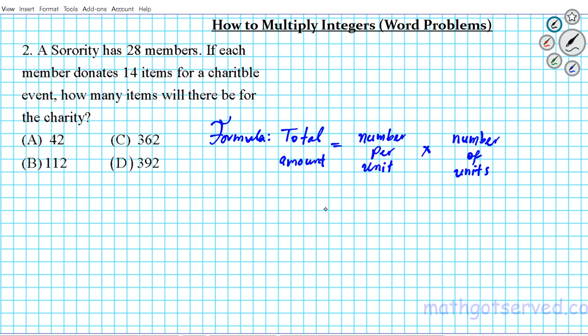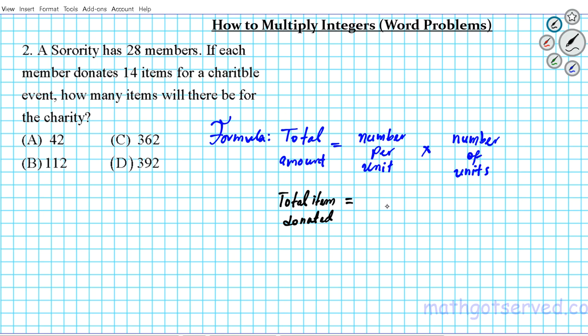In this formula, we're asked to find how many items total. So number of total items donated. To get the total items donated, which represents the total amount, we're going to be computing